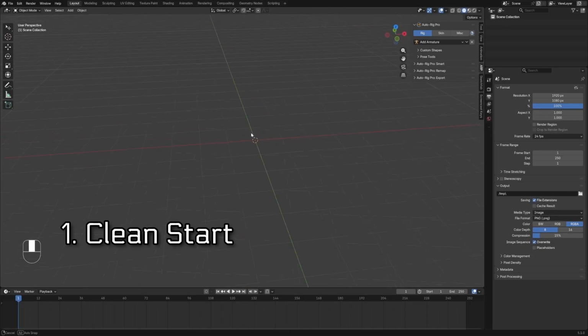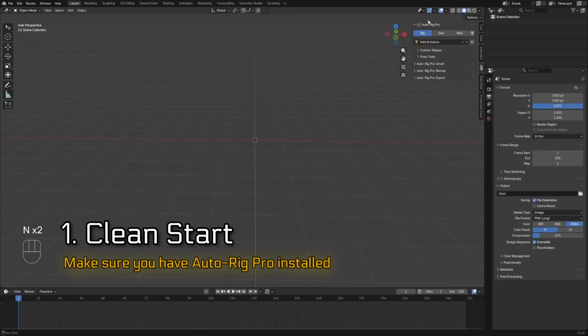Hey everyone, let's take a look at a full breakdown of the add-on, see what it can do, and go through the whole process from start to finish. Right here, you have a completely empty Blender scene, nothing in it. As for add-ons, I only have Auto Rig Pro, which you absolutely need because without it, the Spatial Retargeter add-on